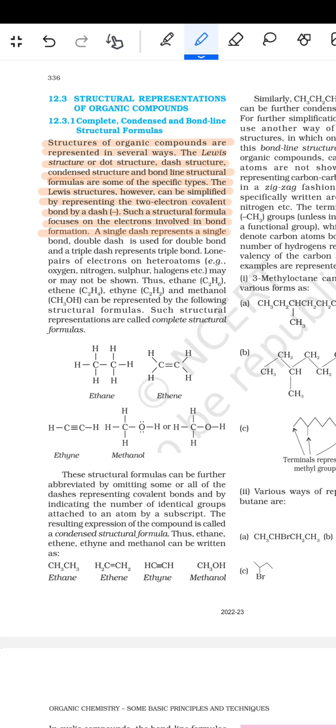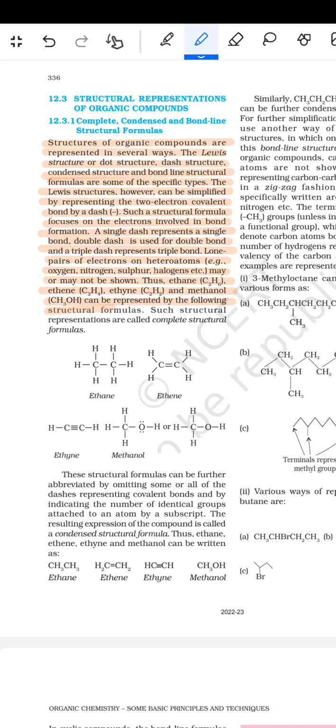A single dash represents a single bond, a double dash is used for a double bond, and a triple dash represents a triple bond. Lone pairs of electrons on heteroatoms, for example oxygen, nitrogen, sulfur, halogens, etc., may or may not be shown. Thus, ethane C2H6, ethene C2H4, ethyne C2H2, and methanol CH3OH can be represented by